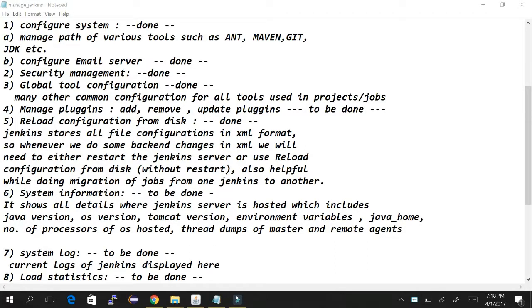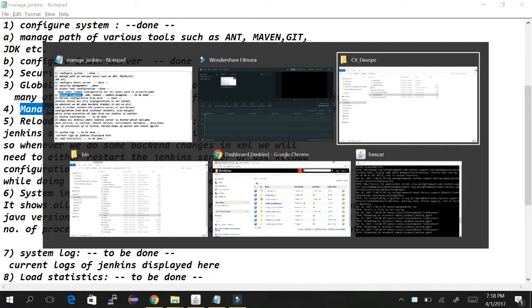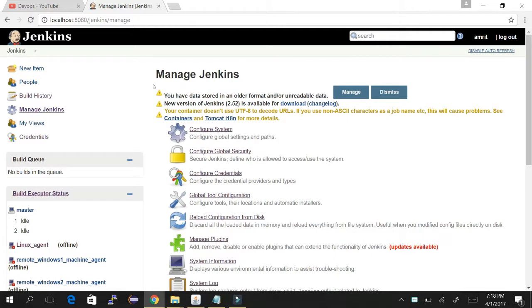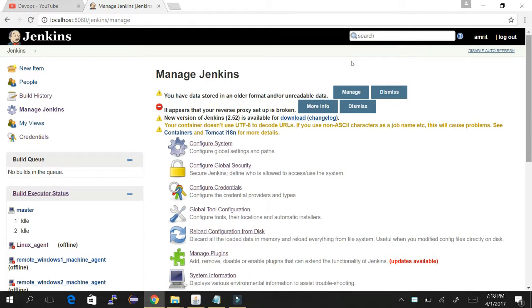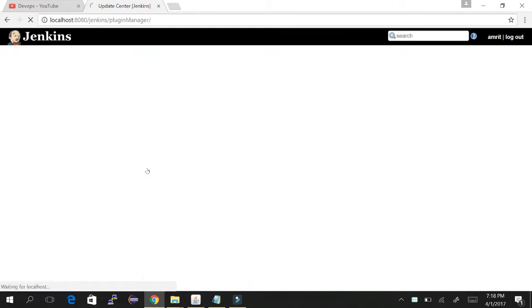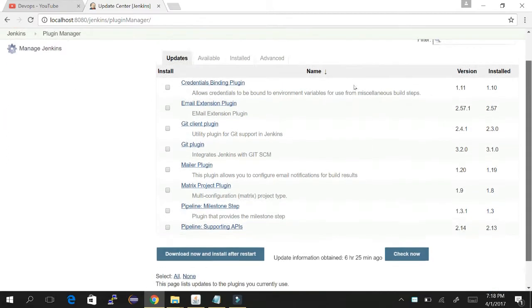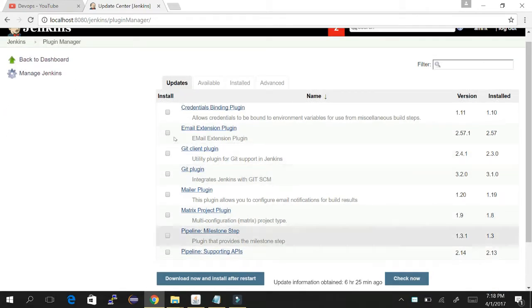So let's continue with the next section in managing Jenkins. We will start with the manage plugins option in manage Jenkins. Let's go to manage Jenkins and then we'll move to the manage plugins part. Just click on it. Now here we can see all the plugins which are already installed, and they